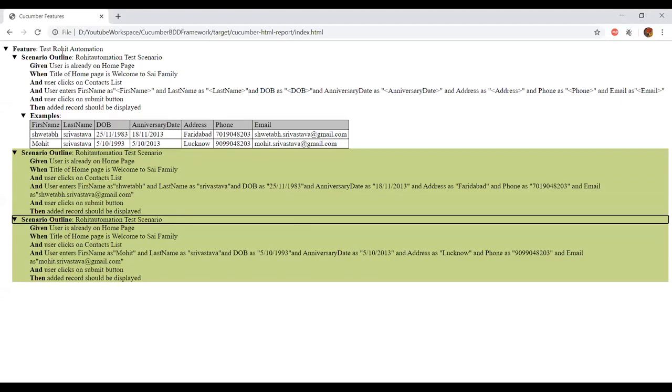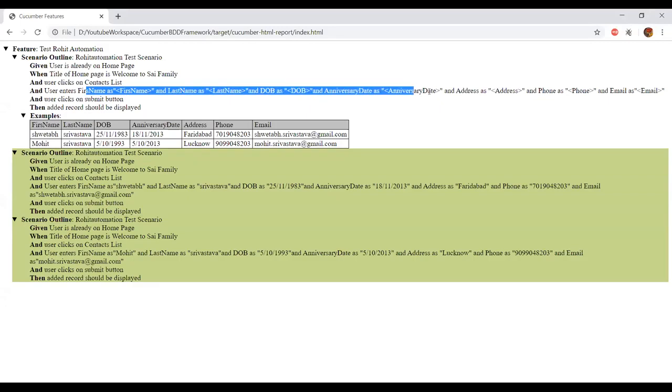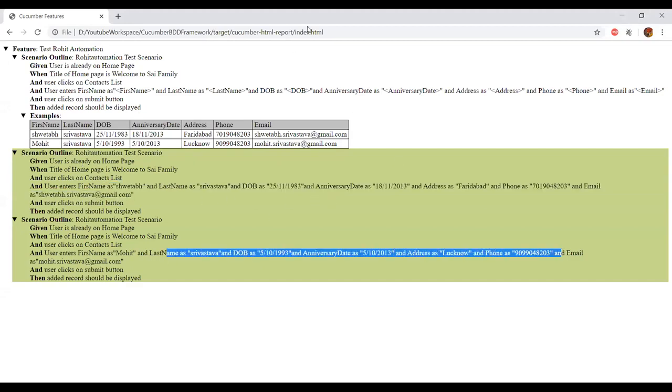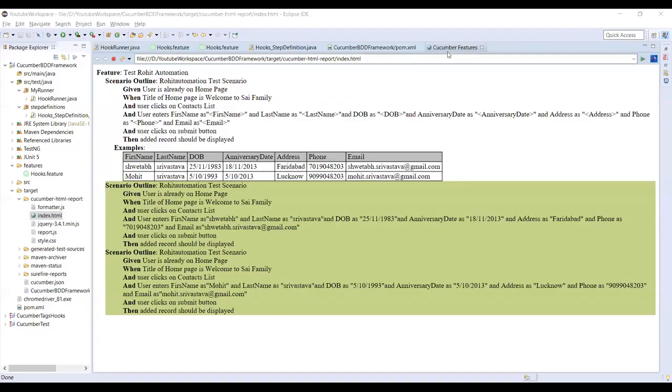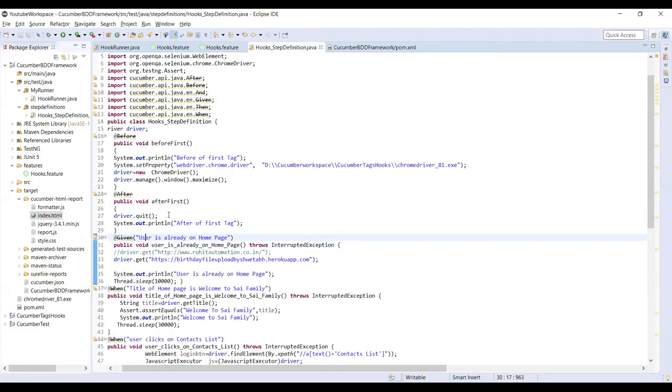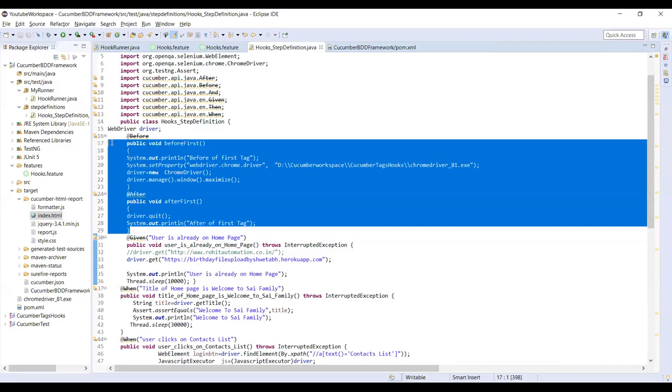Feature file, then scenario name, and then Given, When, Then, where user enters this record, and it is the data parameterization: first record, second record, and the output first record is this, second record is this, and the test case is successful. So like this, we can see our output. And if you see our step definition, here you see these are the two tags, Before and